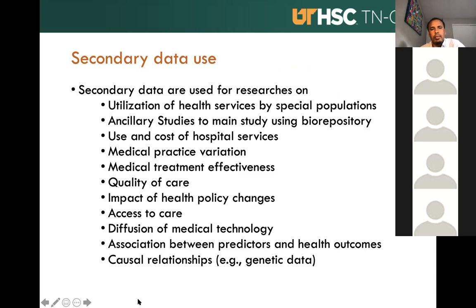So to recap, secondary data are used for research on utilization of health services by special populations. Ancillary studies: the secondary data can be used for conducting ancillary studies to a main study using a biorepository. And secondary data can be used to study use and cost of hospital services, for studies on medical practice variation,